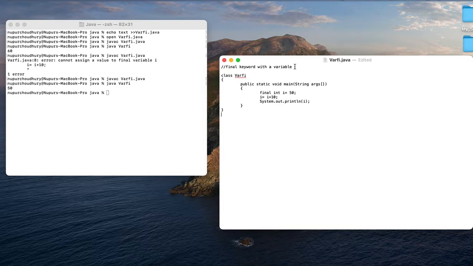The next is when I am using the final keyword with a method. Now this we exclusively use when we want a particular method to not be overridden by another method. That particular method should not be overridden by any other method. Now here let us consider